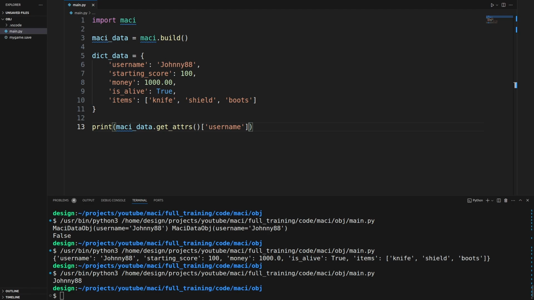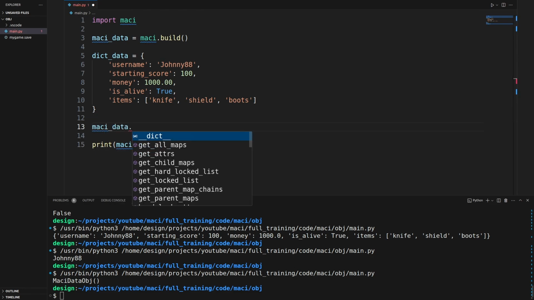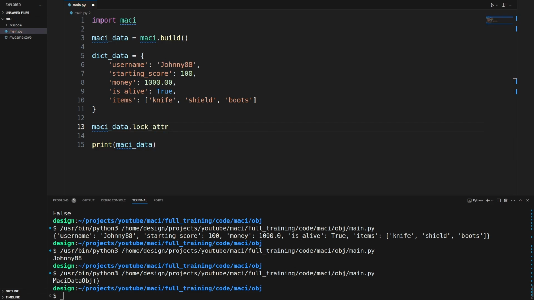So first, before we do that, let's just go ahead and remove all this. And just for demonstration, if we print the maci data object, it's currently empty. So now let's go ahead and fill it with our dictionary data. This is done in place. So if we grab our maci data object here and type in loadAdders,